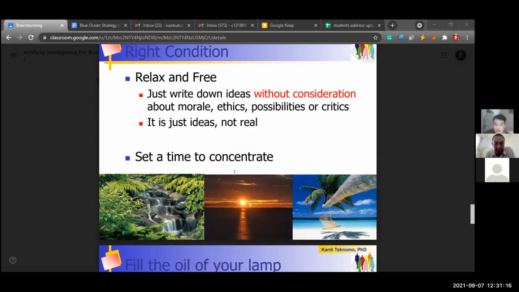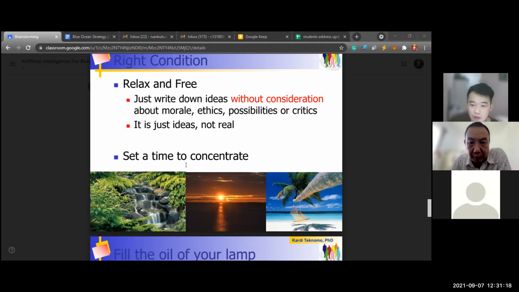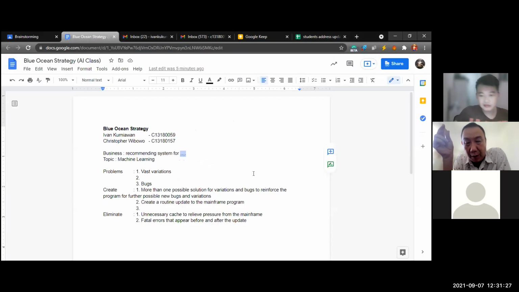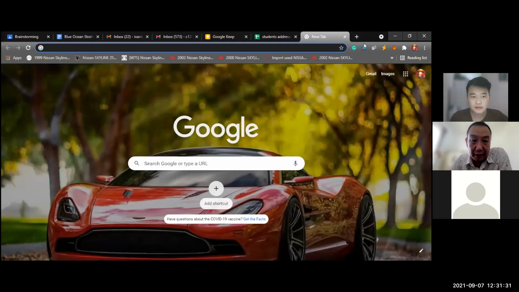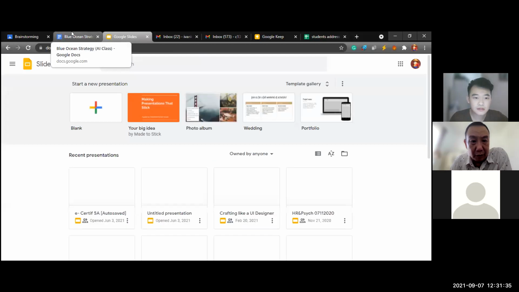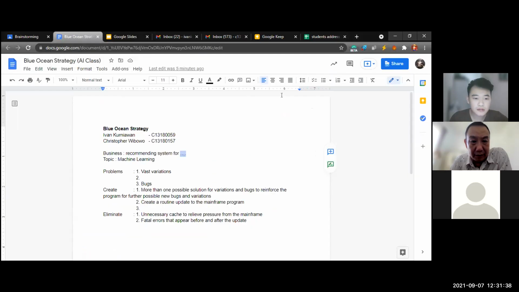Create a PowerPoint of the Business Canvas, then upload it to Google Drive or Google Slides, and then you can share it with your group mates.